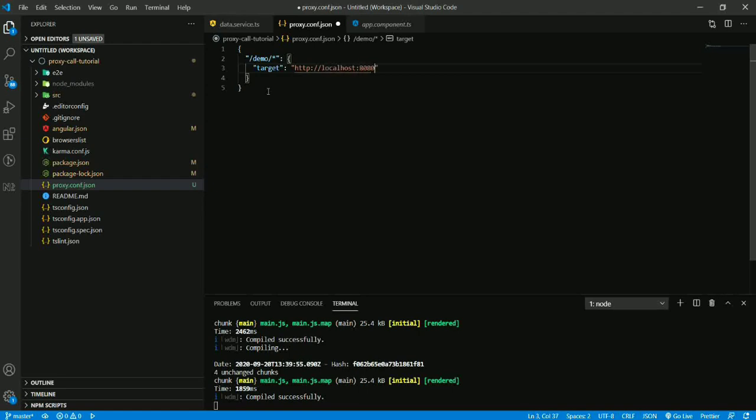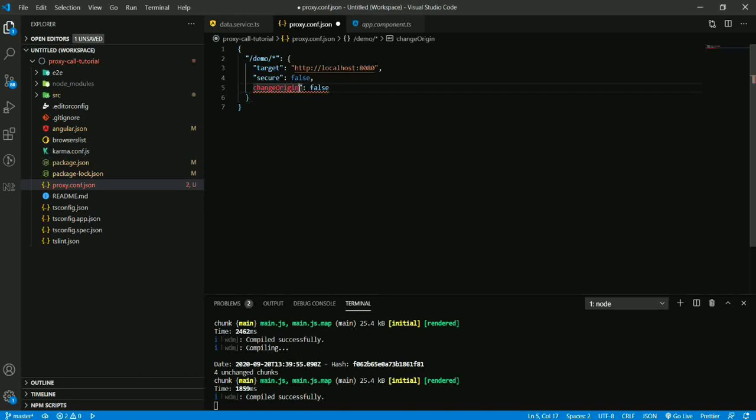Only the domain I am giving. Secure we are giving as false because we are not using HTTPS. And for change origin, even though right now it is not mandatory, I am giving false.